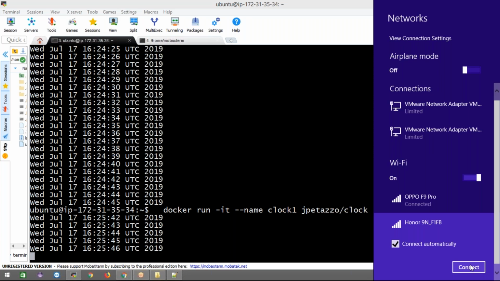Let me do Control C. It is showing that it is already not there. Now let me run docker ps.